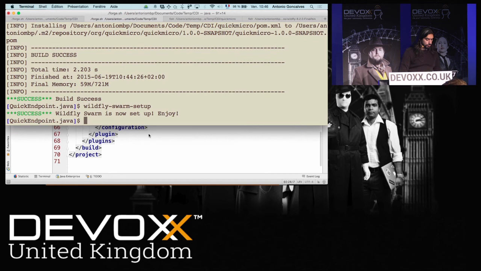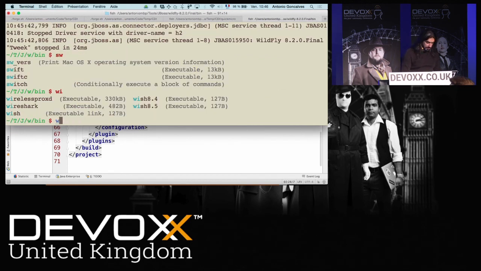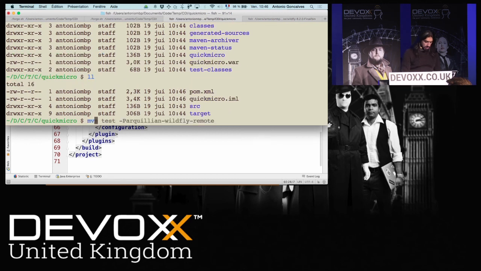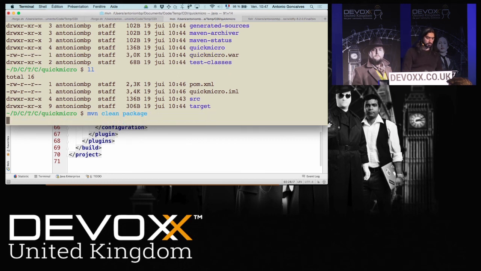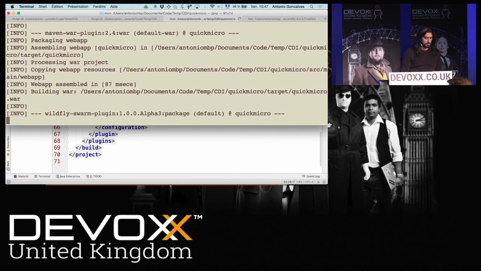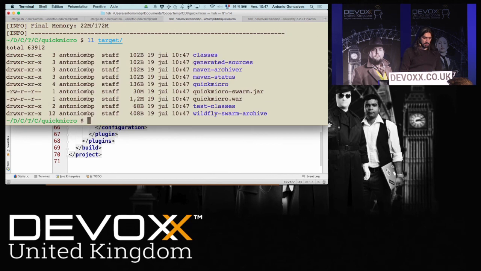So let's go back to the good old Maven. Okay, I can do a Maven clean package. And now Swarm is packaging not a WAR file, but a jar file.